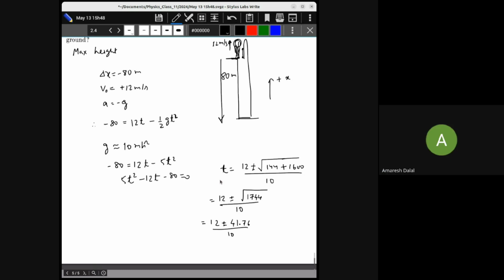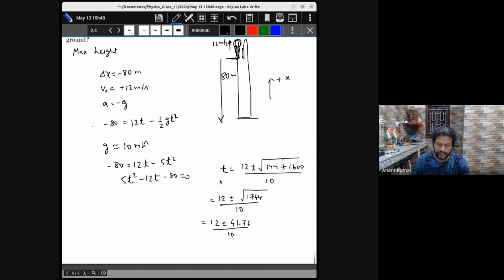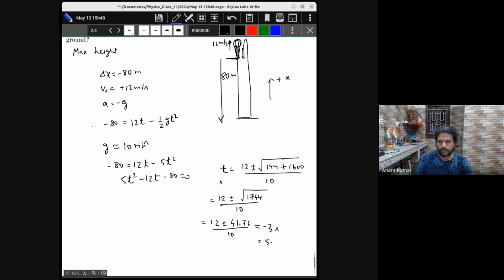सर टाइम तो नेगेटिव नहीं हो सकता है ना? वो तो बात है, टाइम तो नेगेटिव नहीं हो सकता डेफिनेटली, लेकिन क्या उसका कोई सिग्निफिकेंस नहीं है? एक रूट जो आ रहा है वो अराउंड -2.97, अराउंड 3 सेकेंड आ रहा है, और जब प्लस साइन लेंगे तो 12 प्लस 41.76, 5.4 सेकेंड का आ रहा है। एक -3 सेकेंड के अराउंड और एक 5.4 सेकेंड का, ठीक है।